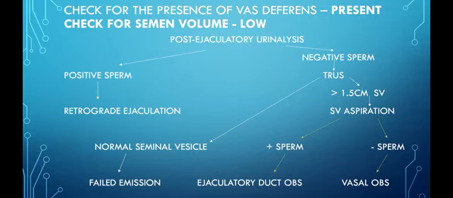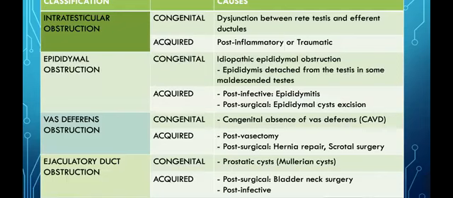If the urine analysis shows that there's no sperm, one will then do a transrectal ultrasound looking at the size of the seminal vesicles. If the seminal vesicles look normal, then we are more inclined to think it's an emissary issue. However, if the seminal vesicles are increased in size, then one could potentially do, and not everybody does this, a seminal vesicle aspiration. If there's no sperm in the seminal vesicle aspiration, then this is likely a more proximal issue, so it's vasal or epididymal obstruction. Whereas if there is sperm in the seminal vesicle, then this is definitely ejaculatory duct obstruction.